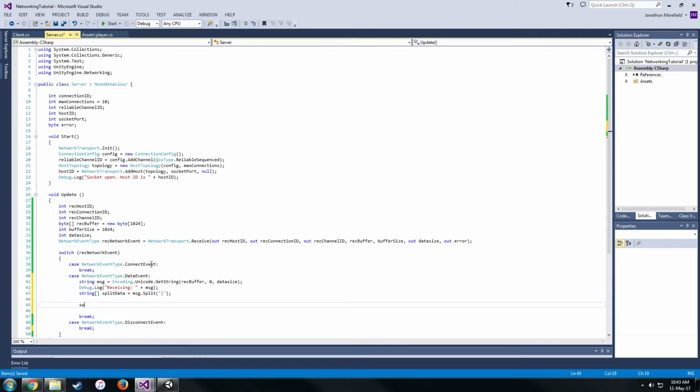So what we do now is we set up another switch based on the split data. And each case is whatever the first set of data is inside of the split data. So, in the case of move, we go